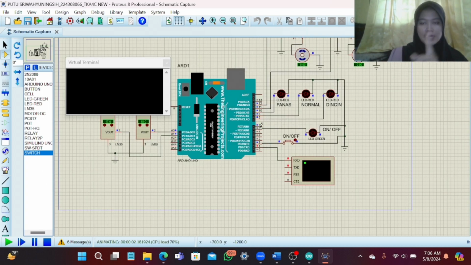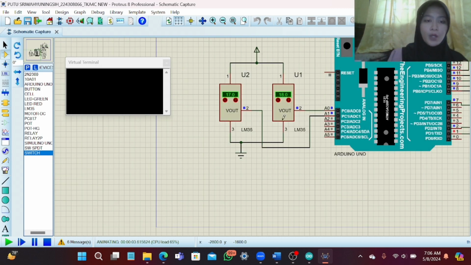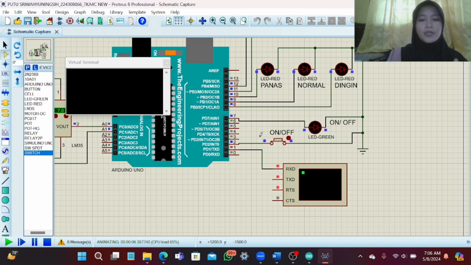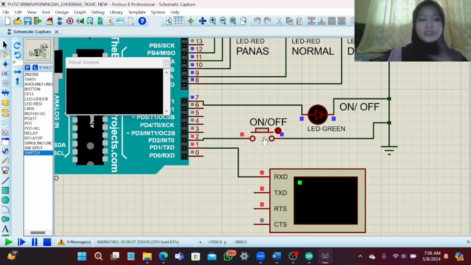The power on or off switch is used to turn the temperature control system on or off. Next, the temperature LED lights up when the temperature control is active.